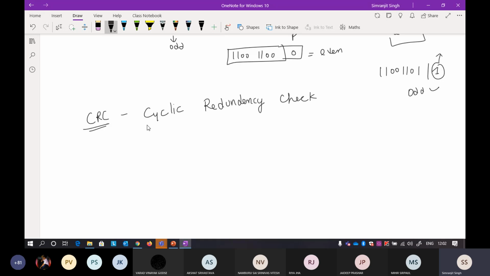Okay, so cyclic means you have the cyclic code. If you know about Gray code, that is there, so don't worry about that. Check here will mean the receiver will check, and redundancy means that along with your actual data, I will send across some redundant data. Redundant means some repeated data. I'll show you what this actually is.